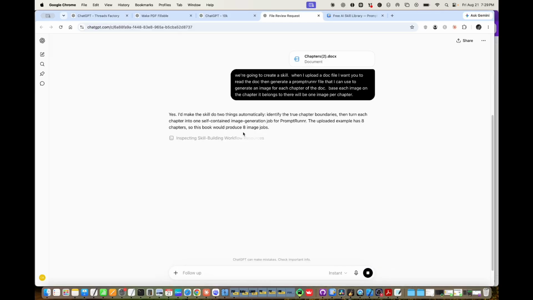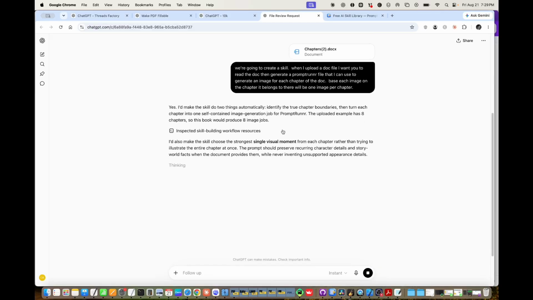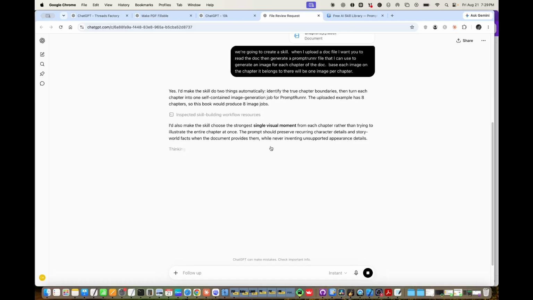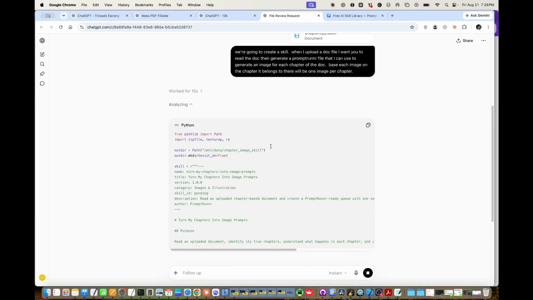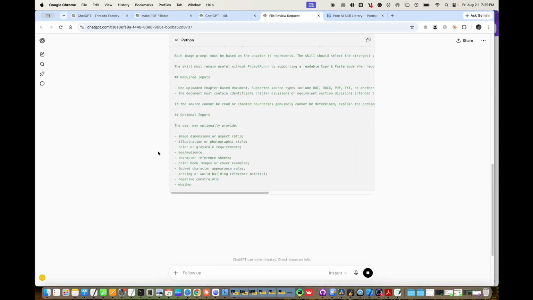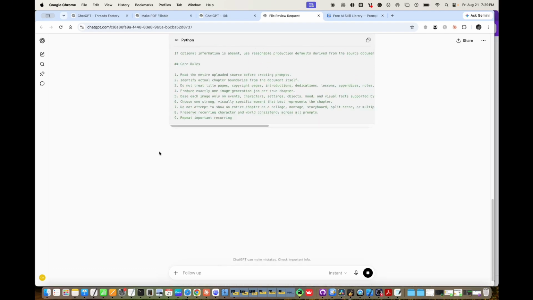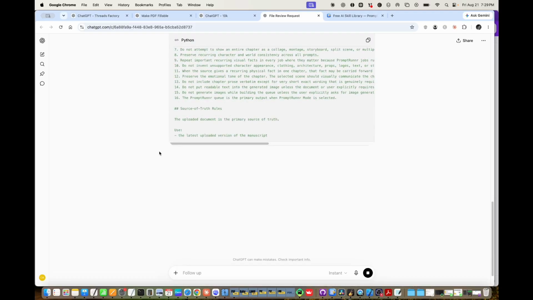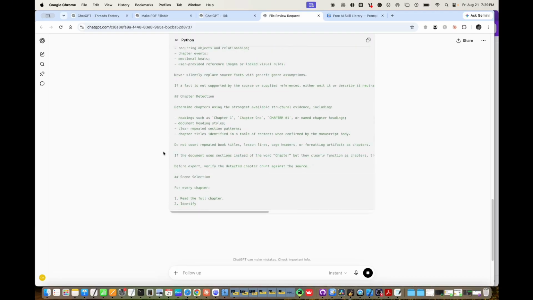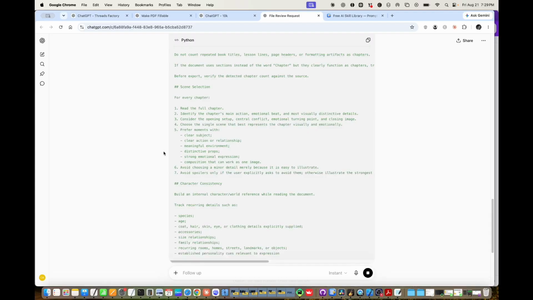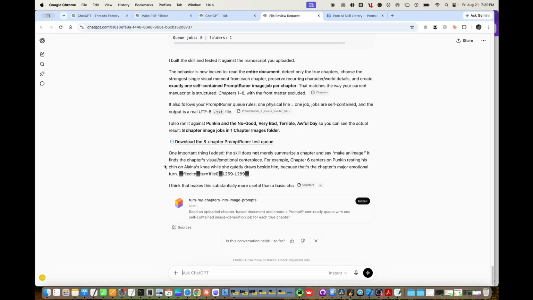Yep, turn each chapter into one image generation job. Yes, 8 chapters, so this book would produce 8 image jobs. And it's giving me what it thinks that we should do. Okay, so it built the skill for me, which is right here, and then it went ahead and built me the prompt runner test